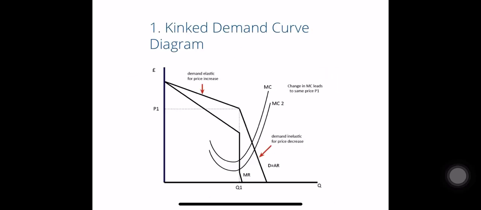The second graph is what we call the kinked demand curve. Okay? So the kinked demand curve looks like this. And the explanation for this graph is that sometimes if one of the players in the oligopolistic market, let's say you have three players, Toyota, Nissan, and Mitsubishi, if Toyota increases its price, okay, you will be in the upper curve where the arrow is. If you increase the price, the other players in the market, Nissan and Mitsubishi, will not follow because they know that they will lose